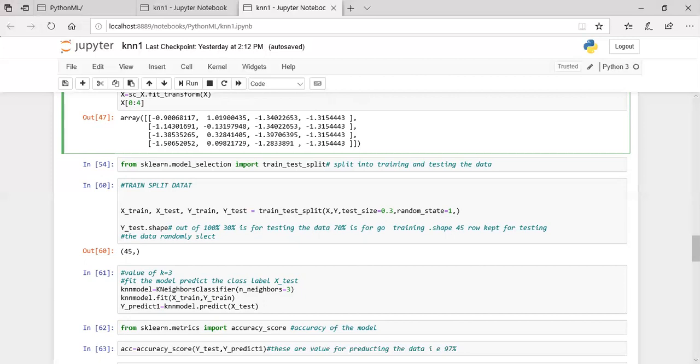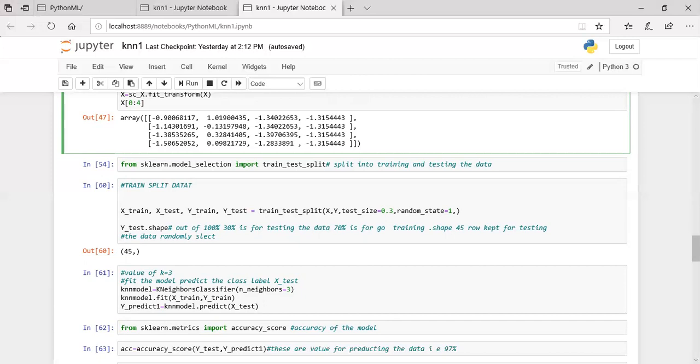Then we fit the model and predict with the KNN algorithm. We create another object, KNN model, from KNeighborsClassifier, with the value of k equal to 3, n_neighbors equal to 3. The KNN model fit function is used for passing the parameters x_train and y_train.